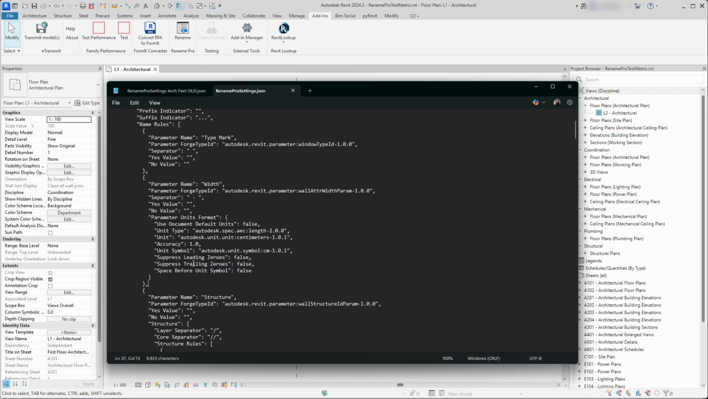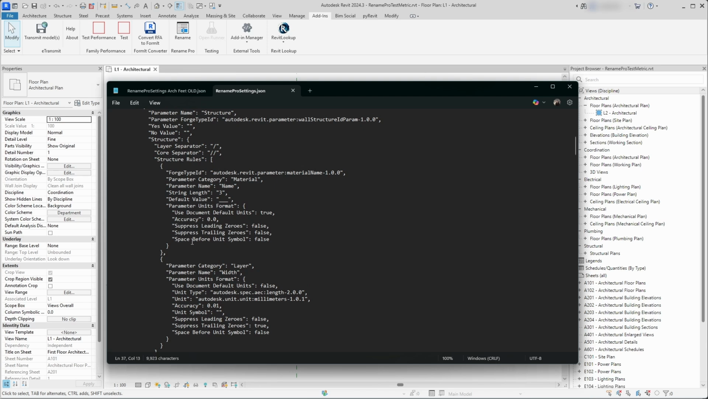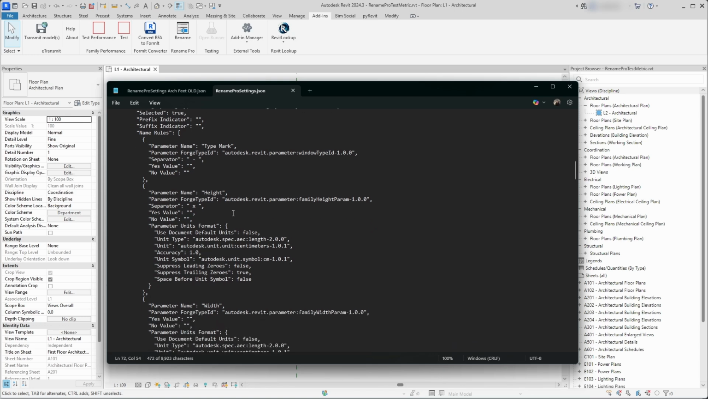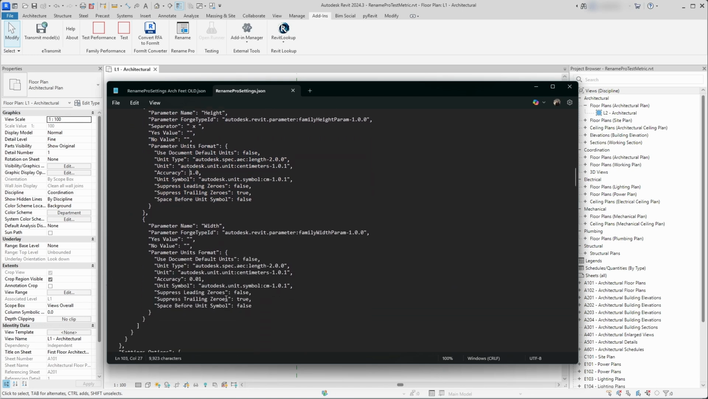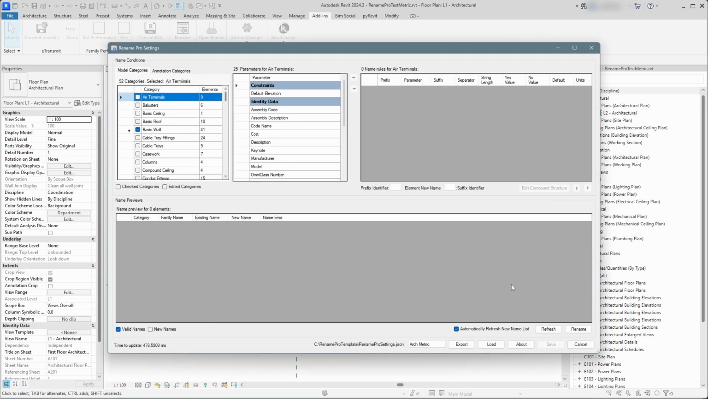And the same goes for the structure. For each of these layers, we have units. We have units format for the layer width, and the same goes for all other parameters. Let's say for the doors, you can see that for the height we have some, for the width we have some units format. And to get this latest version, you need to go to the website,